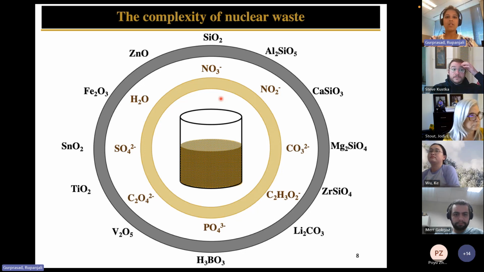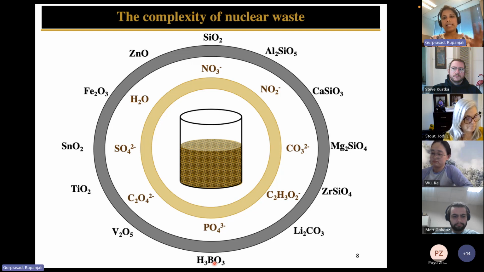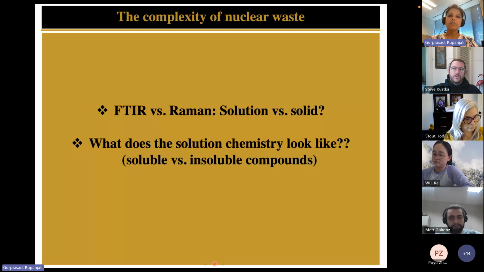So when we decided to do the quantification, we took a call on what species were more process relevant. For example, in the solution phase, we've looked at nitrate, nitrite, carbonate, sulfate, and another anion, borate, which comes from the glass forming chemicals. And similarly, when it comes to quantification in the solid phase, we've tried to focus our attention on silica and silicates because they are actually the majority of the glass forming chemicals that are added to the system.